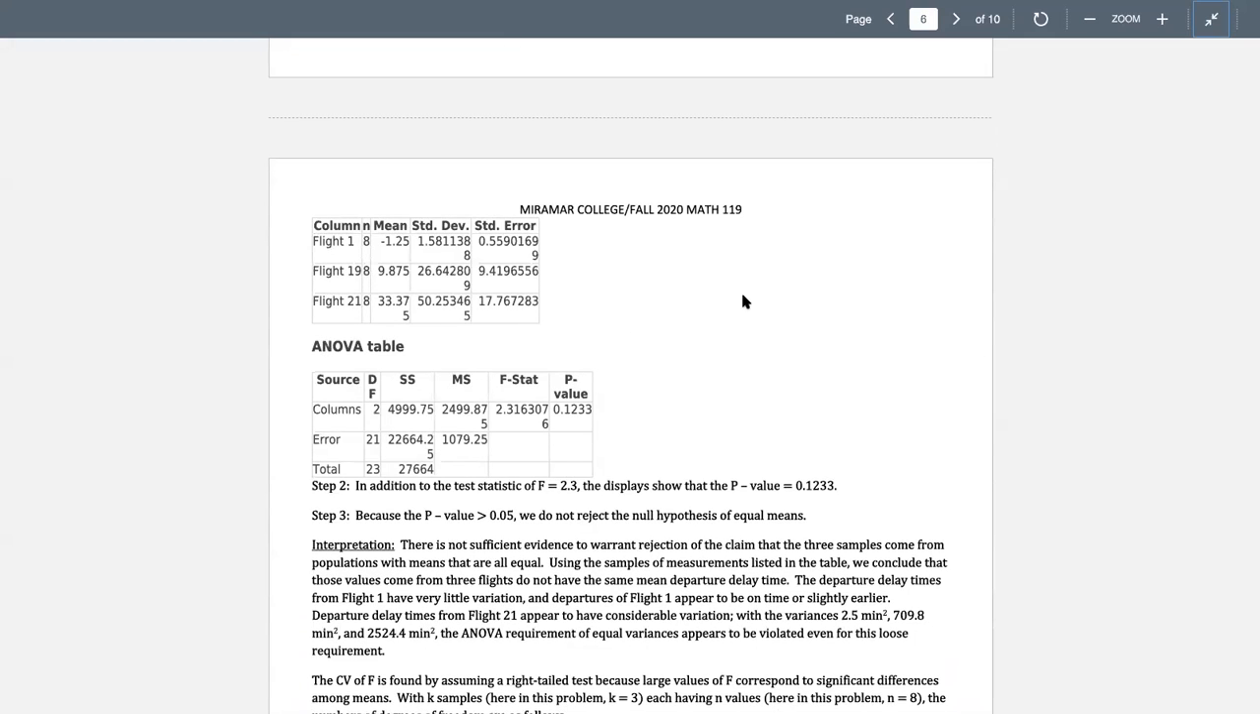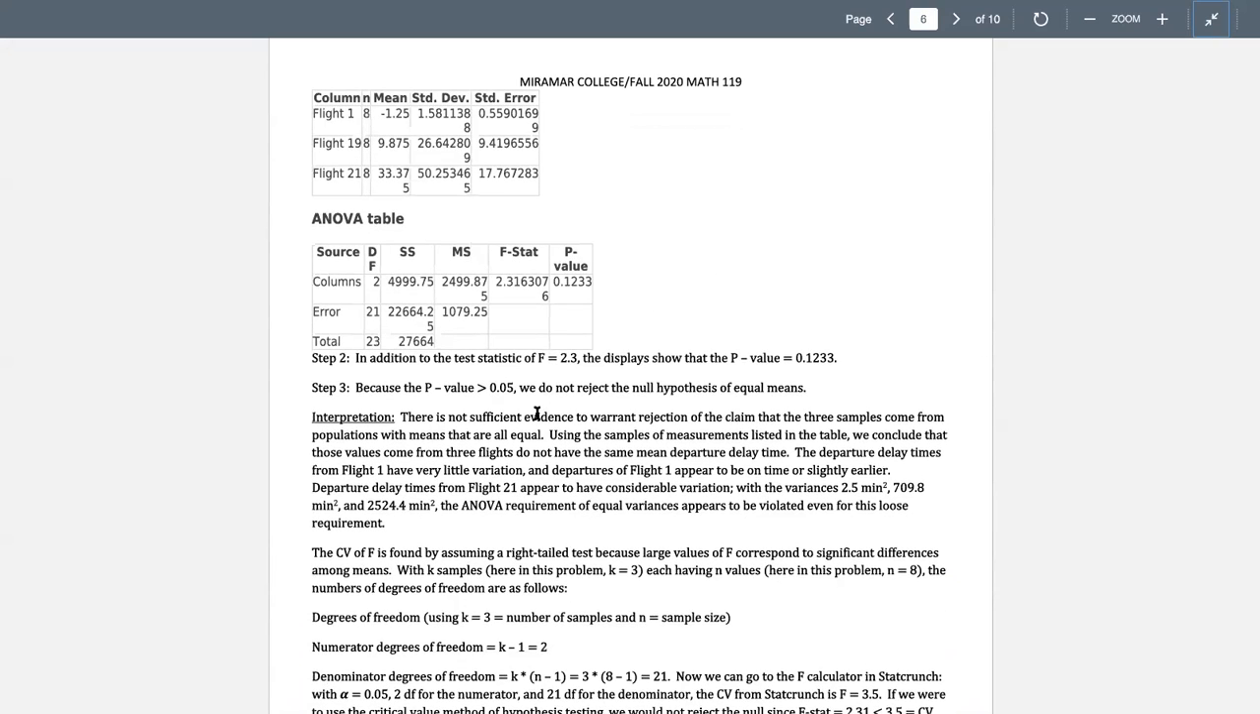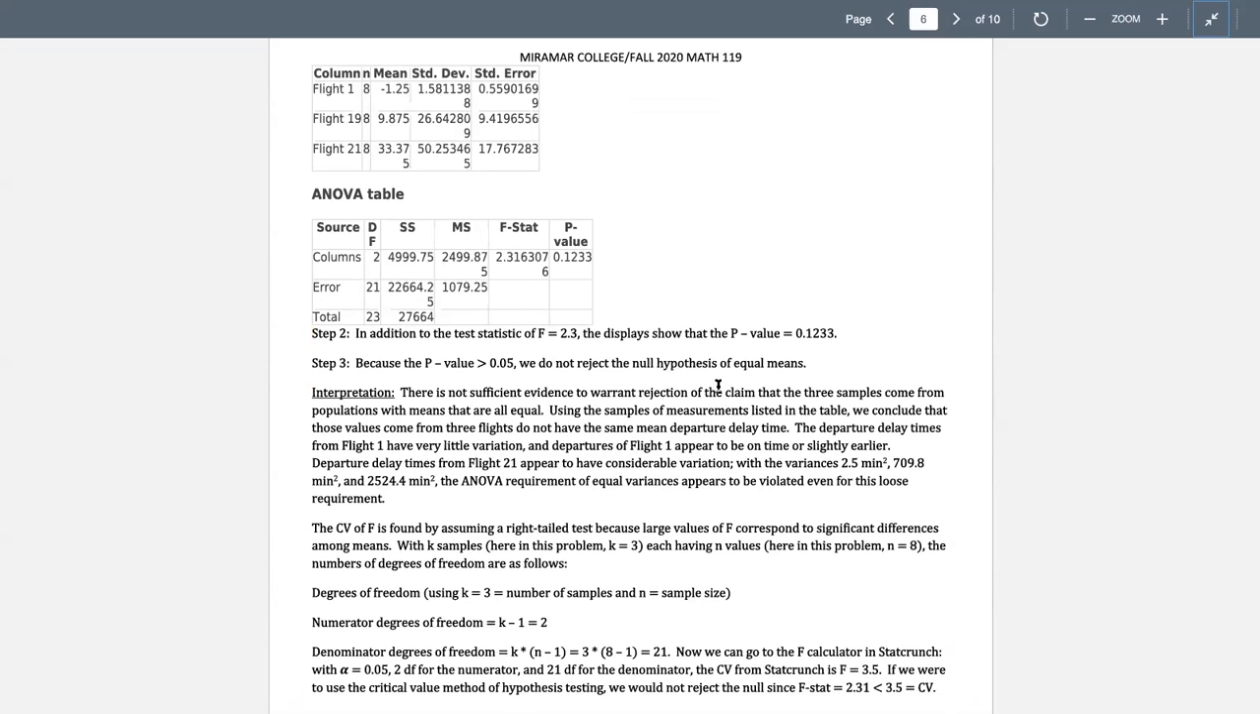Okay, do you want me to go back into StatCrunch to show you how we calculate the F-stat? Yay or nay? Going once? Going twice? Okay, so again,